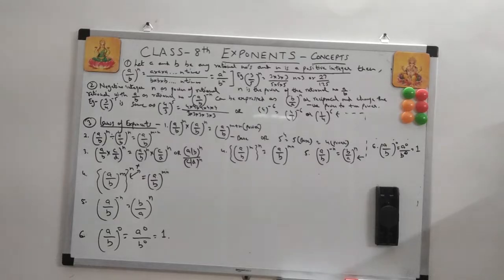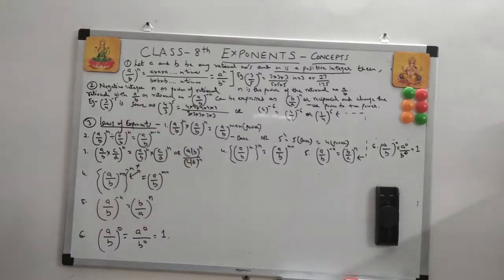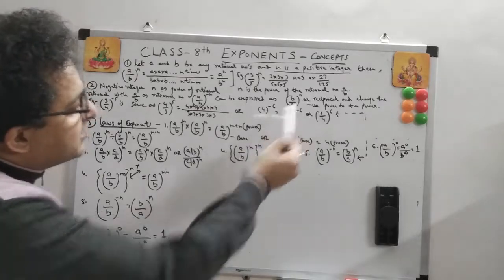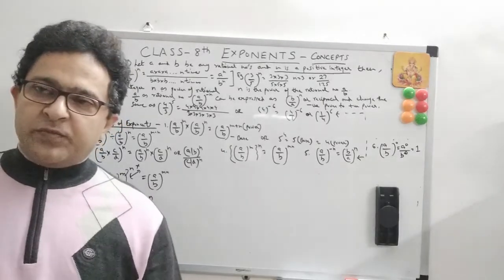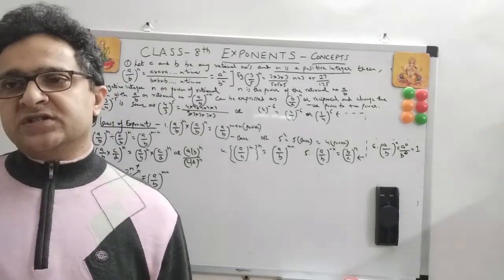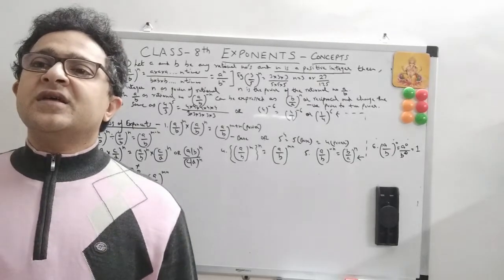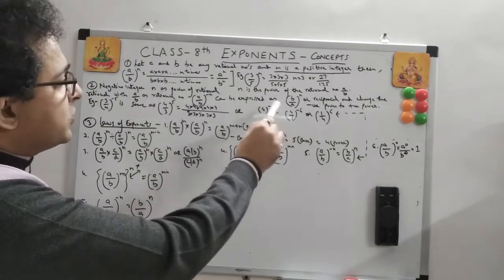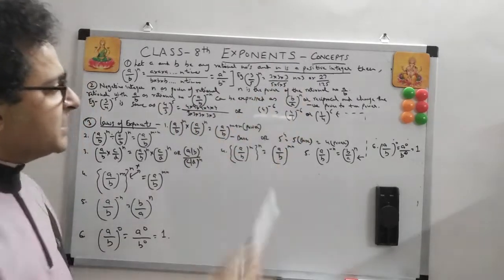Now, let's take this example. (a/b)^(-n) can be expressed as (b/a)^n, where I reverse the fraction. So what exactly do we do in any question like this? Wherever there is a power like (a/b) to the power minus n, if the power is minus n, then what do you do, students? Simply we have to make it positive, so we will reverse the order of the base. Yes. What do we do? We do it b upon a. A/b becomes b/a, and to the power n. So negative becomes positive.